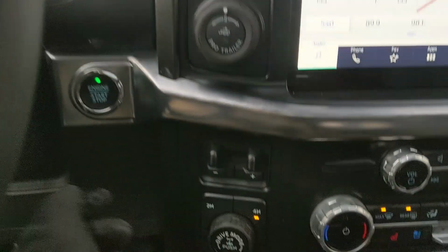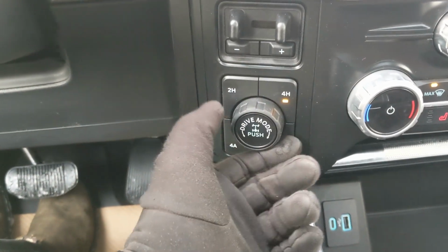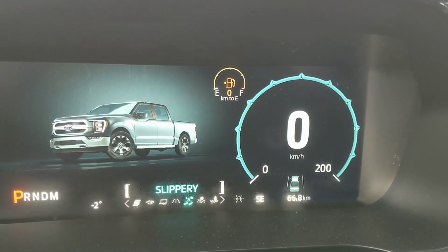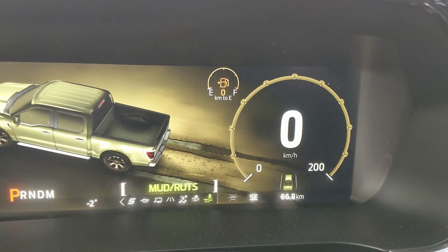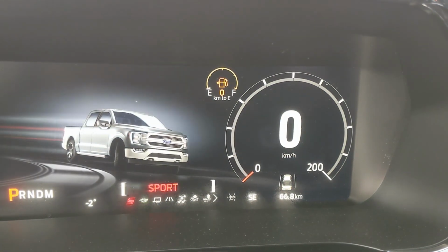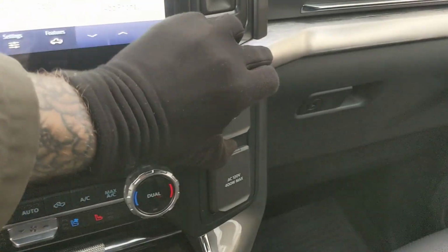To the left, you have your Pro Trailer backup controller, trailer brake controller, and 4x4 controls with 4 auto, locking rear differential, and drive mode selector for normal, slippery, deep snow, sand, mud, ruts. And then on the opposite end, you have tow haul, eco, and sport mode, so you can customize your driving experience a bit there. Moving on to the right, you have a 12-volt and 120-volt power outlet, as well as